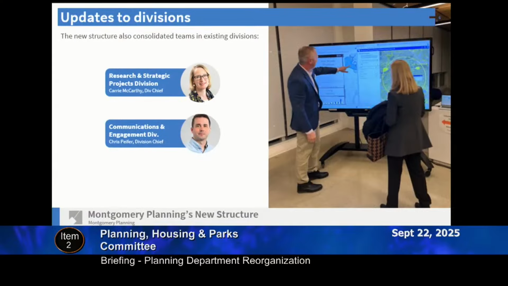And then we renamed the Communications Division to the Communications and Engagement Division in recognition of the importance that engagement plays in our work and the vital role that team plays in advancing those efforts. We also integrated our Information Services team, which staffs our information counter, into this division. The info counter is often our first line of interaction with the public, and this will allow us to support and strengthen our customer service orientation. And as you met earlier, Chris Pfeiffer has been with the department for 11 years. He's the chief of our Communications and Engagement Division.